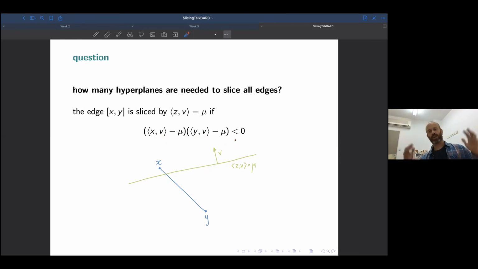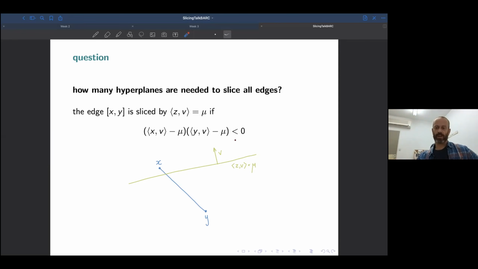So now the hypercube lives in this Euclidean space, and now we can pass a hyperplane, and this hyperplane slices some edges of the hypercube,